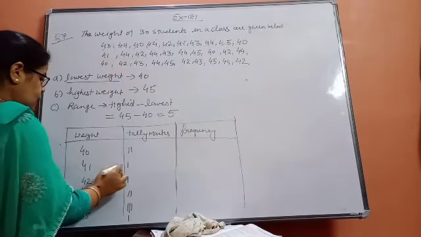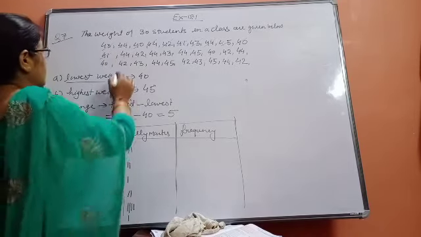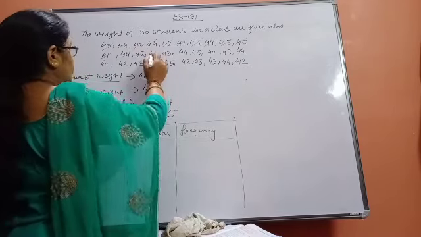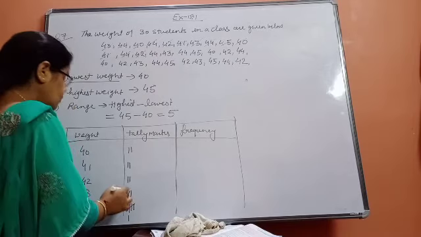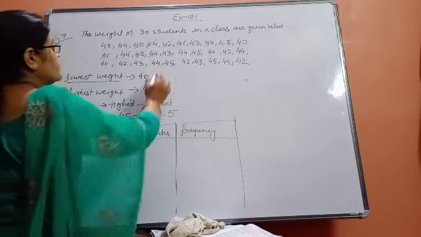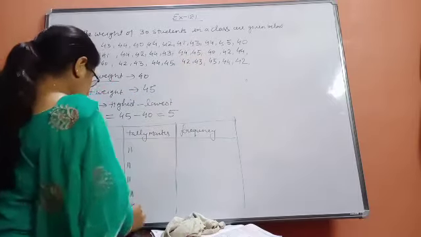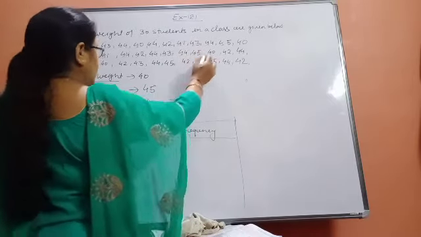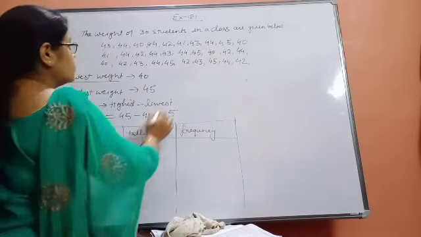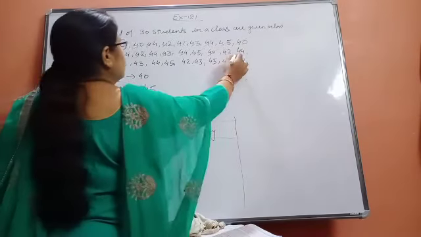Now 41, again one, cancel it. 44, cancel. 42 here. 44, it was the fifth one, so cancel it. 43, 44, again one more, cancel it. 45, 40, 42, 44. Okay, so the second row also has been completed.